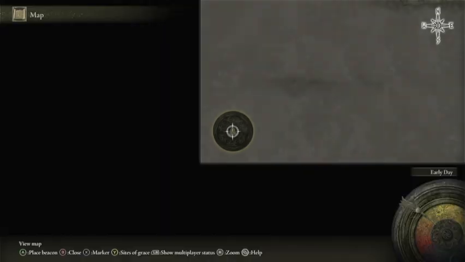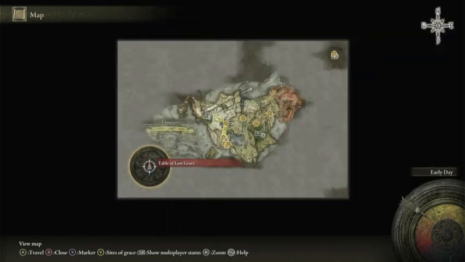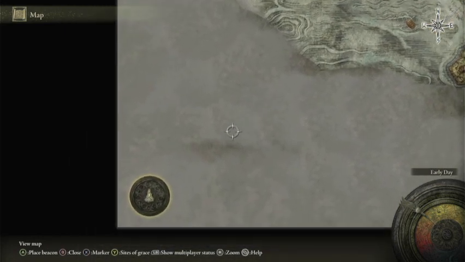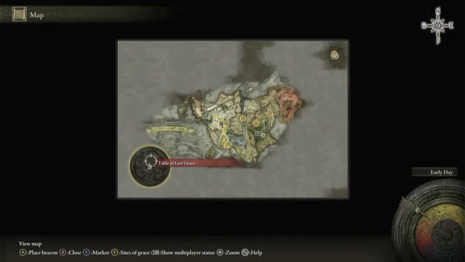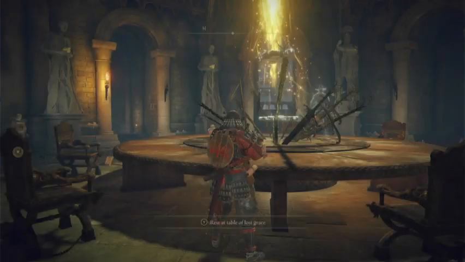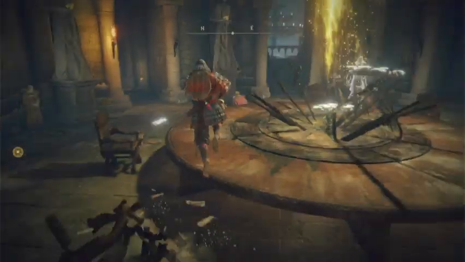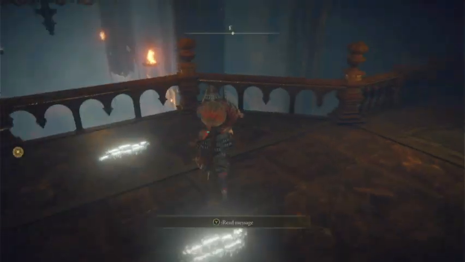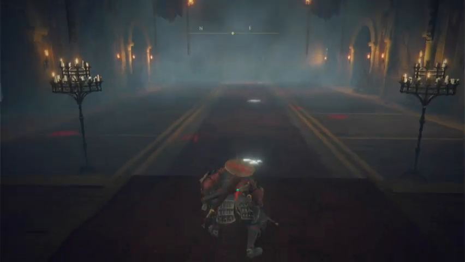So now, if you look on the map, Round Table Hold, it doesn't exist in the actual land. It's like in another realm. So there's no way to ride your horse to it or anything. You can only fast travel to it, and it's at the bottom left of the map. The Table of Lost Grace, Round Table Hold. The only way to leave the place is to fast travel out of it. Another note, it is a no combat zone, but when you jump down this balcony here, there will be a